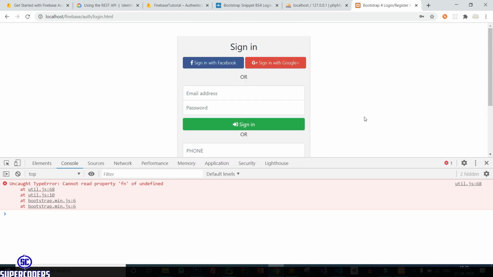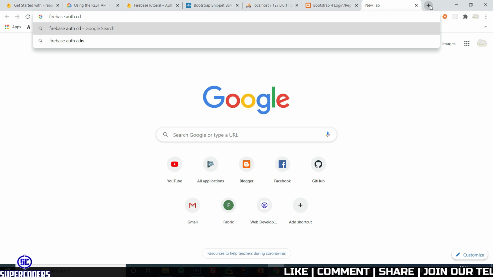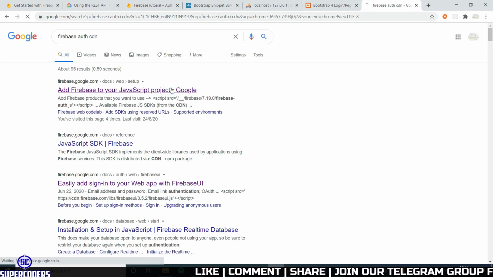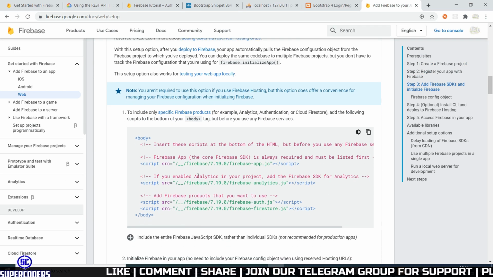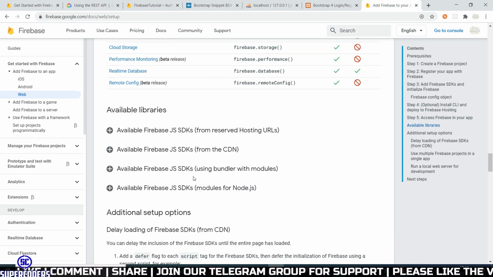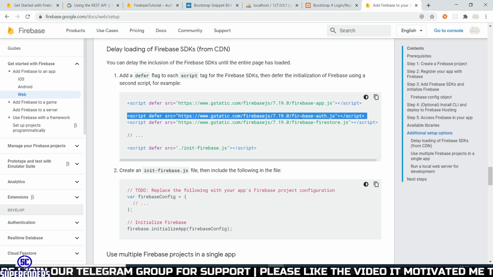So you need to add a Firebase auth library of JavaScript. So let's search Firebase auth CDN. Let's open this page. So here if you see this, you can see it's Firebase auth library.